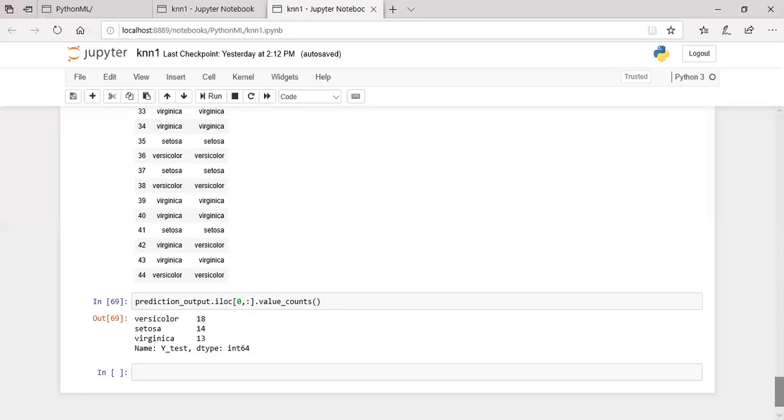Here we display versicolor is 18, setosa is 14 and virginica is 30. Out of the 45 data points, we display how many total classified data there are.